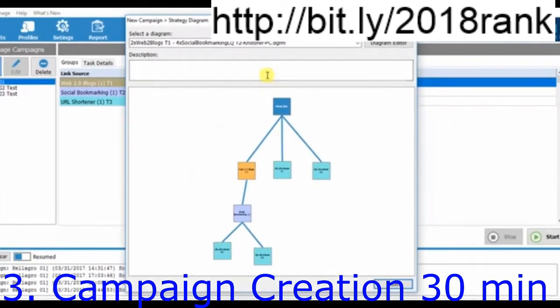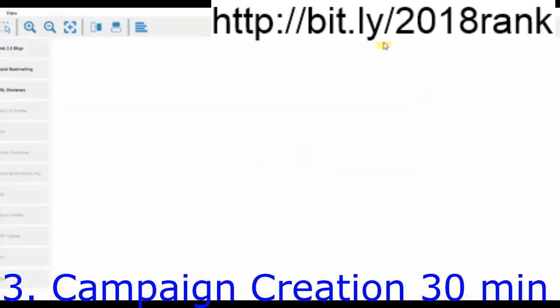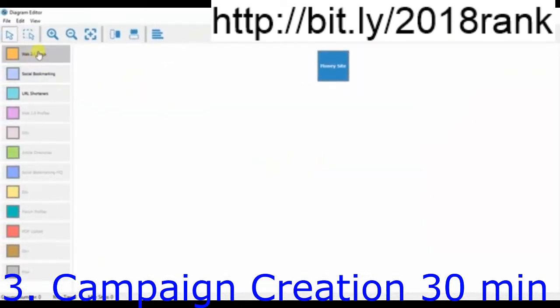As you can see, the first thing that appears is the diagram editor. Go to Diagram Editor, and on the left side there are the link groups that are active according to your subscription plan. If you want to start creating a diagram, just drag and drop here all the link groups that you want. In our example, we will use 2 Web2s blogs as a tier 1,